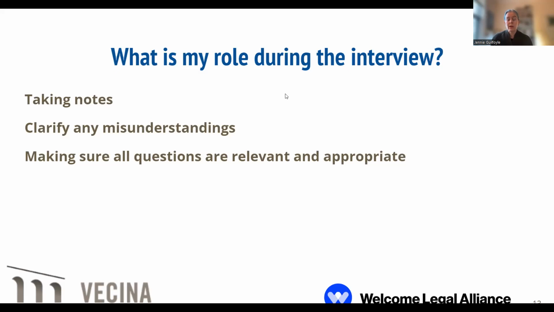Some people like to prepare those in advance and have a sketch of it. You can also add to it depending on what actually came up during the interview. If there was something in particular that seemed to be a sticking point or an issue for the officer, you can talk about that during your brief closing. I have heard, though, in some of these cases recently that officers have been asking attorneys and representatives to submit their closing in writing after the interview. If they ask that, that's what you're going to do.